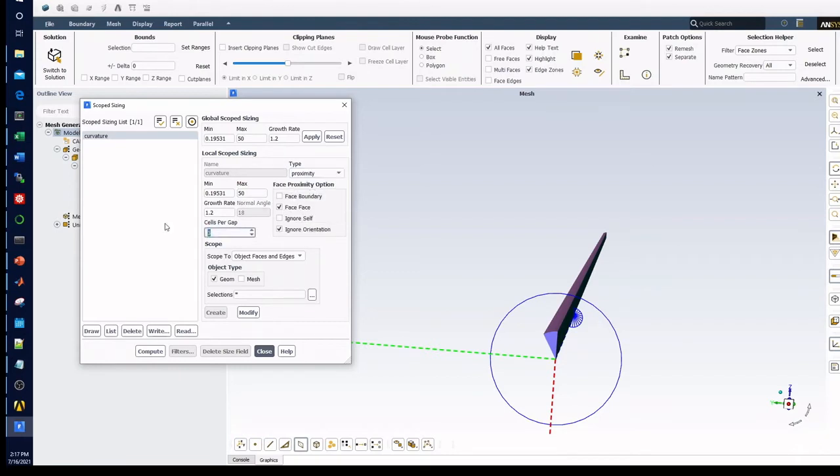You can go for cells per gap, like default is 3. You can increase it to create more cells in the gaps, and I override the curvature. Let me correct this one again to curvature. Yeah, sorry. Okay, so to create new sizing, you have to just click on the white area again, and then